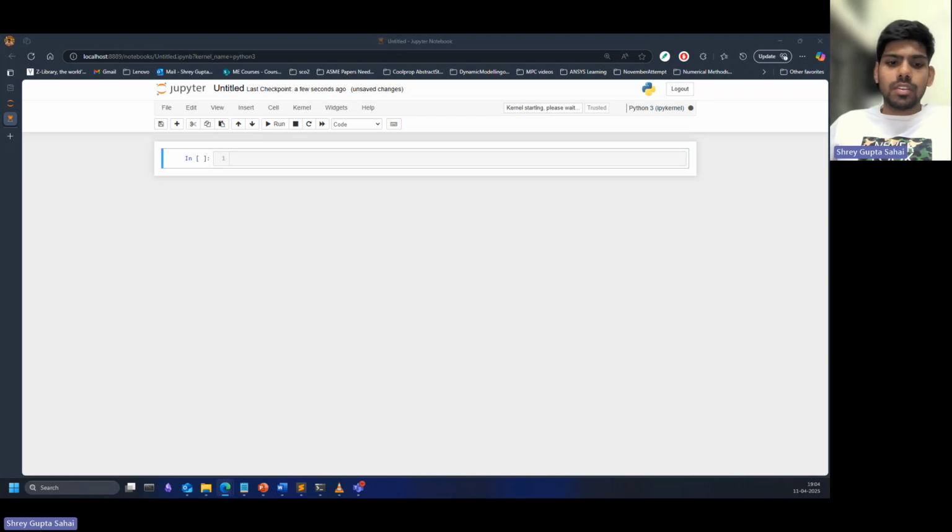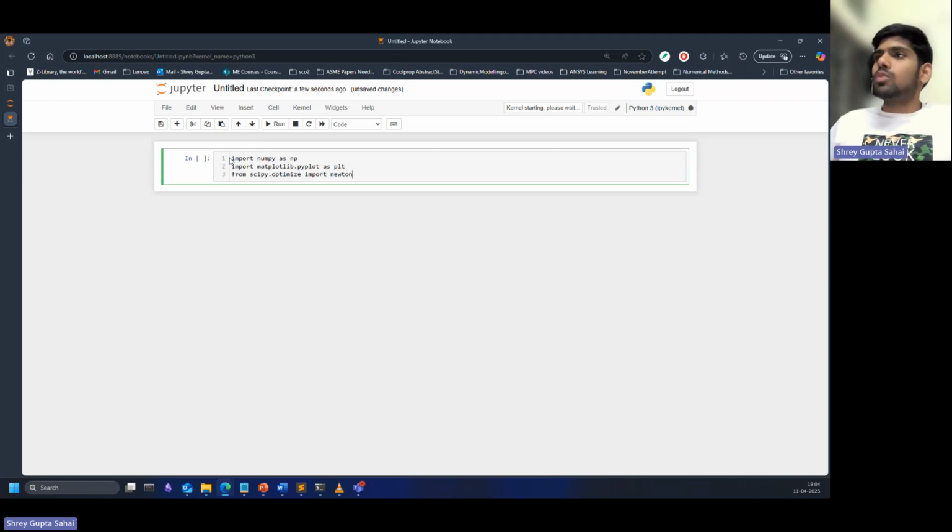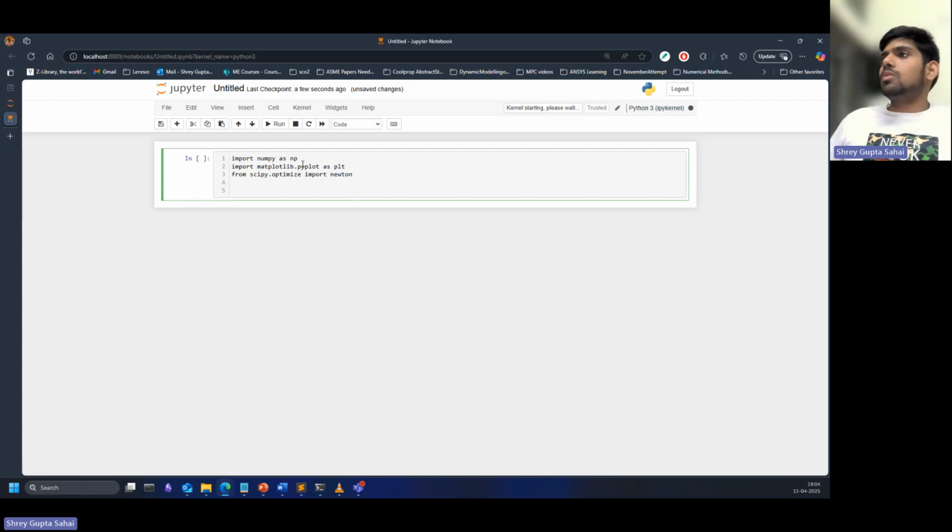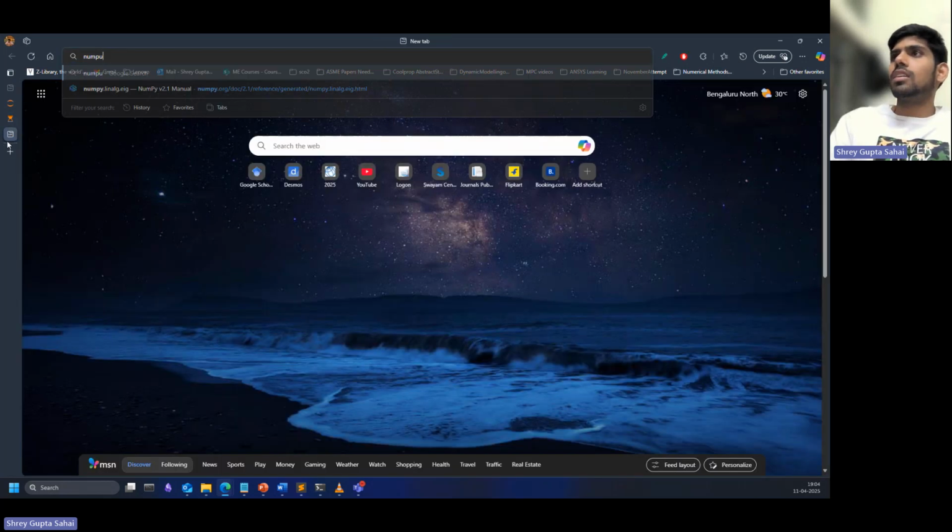There are some libraries that we use in Python. These are simply libraries. This is the array library, a very general library. Let's look at what is meant by